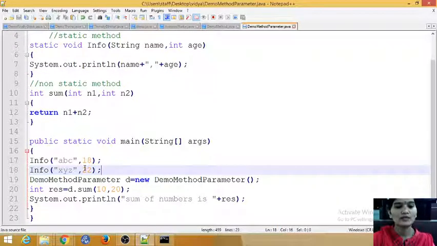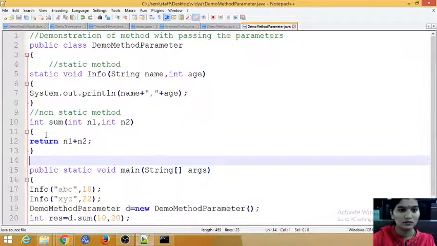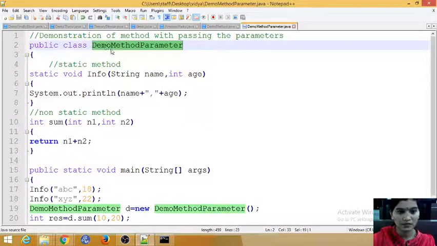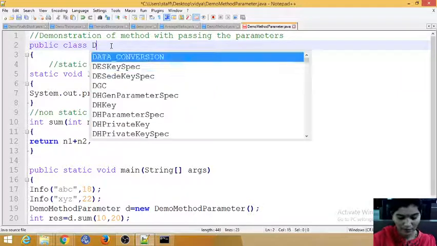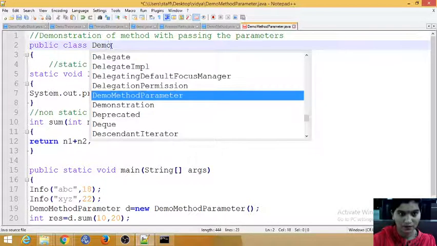So now how you are accessing with the parameters? So one is a static method, another one is a non-static method. Then how you are calling the methods, that also matters. So now what we'll do, these things we will write in some other class. So we'll write a main method outside the class. So control X. So I will give demo here, demo method.